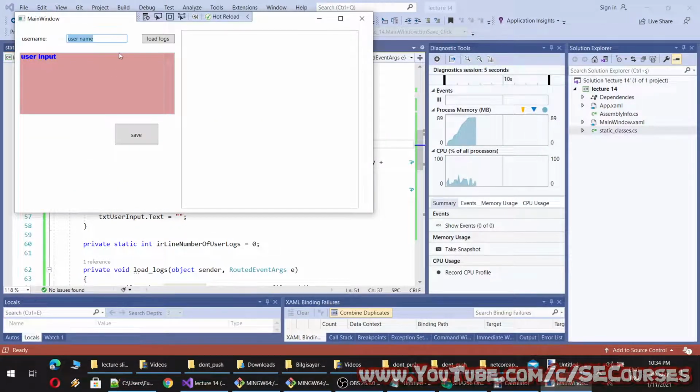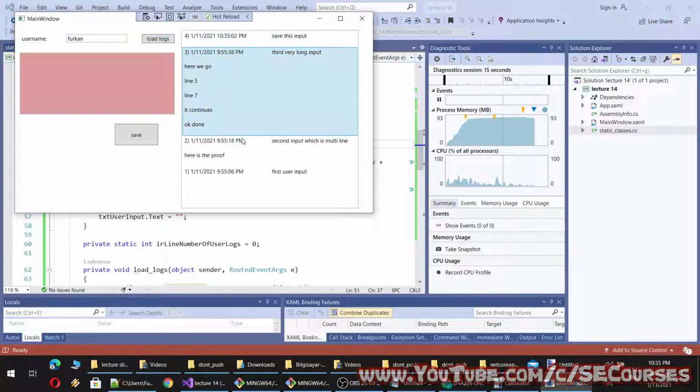Okay, let's say, okay, it is saved and then let's load it. Okay, it is loaded. You see? So both of them is working, and when I change this username, I can also automatically load or I can keep this button. It is totally up to you how you make it, how you design it. But it is working as intended.